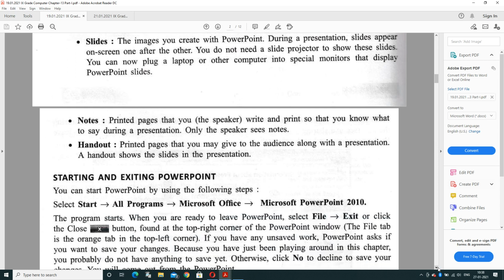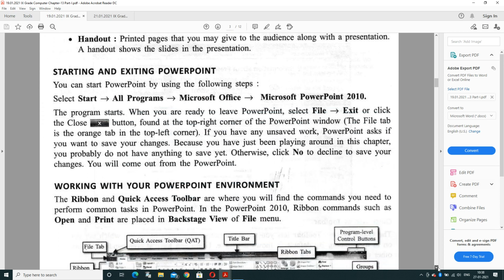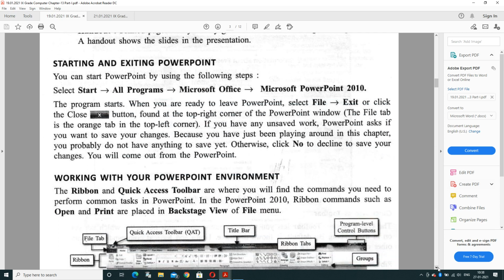Now, how to start and exit from PowerPoint? We can start PowerPoint by using the following steps: click on the Start button, select All Programs, then select Microsoft Office, and then finally select Microsoft Office 2007 or 2010, whatever you have in your computer system. After clicking on that link, the program will start and you are ready to work. We can move out from a PowerPoint presentation.